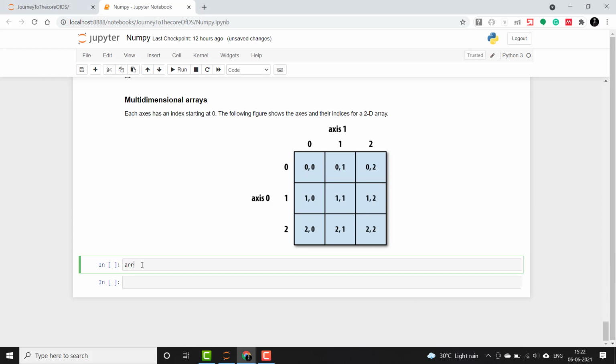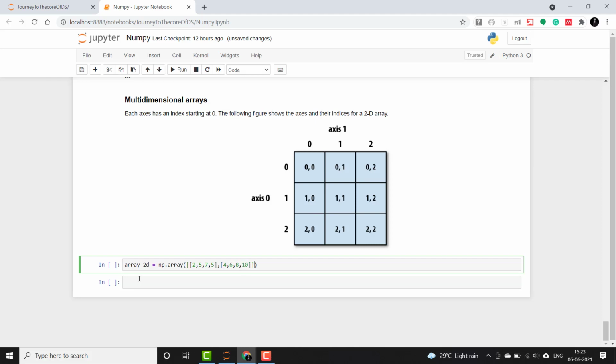So let's say array 2D equals np.array. Now what we'll do here is create a list of lists. We are just hard coding for now. I'll create 3 lists inside it representing 3 rows, each having 4 columns.